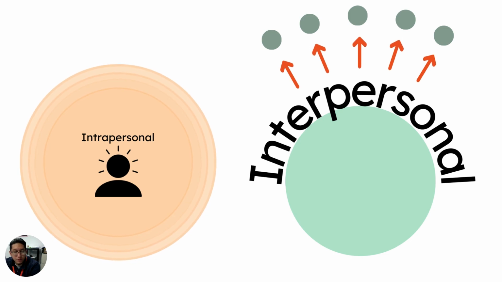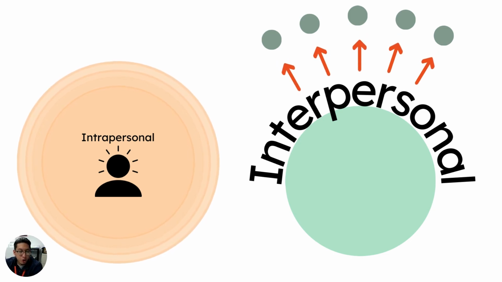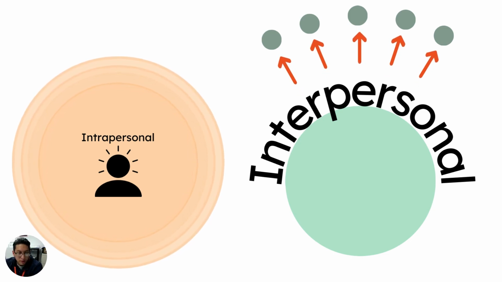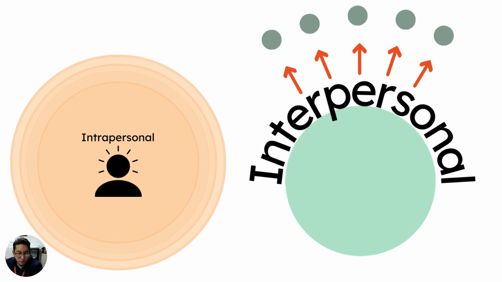Now everything's moving. You have intrapersonal and you have interpersonal, right? So this is intra and inter. Looking at this one, the person is in the center, and when the person is in the center, everything's focused on them. So maybe this is themselves, their thoughts, their feelings. Every circle is just focusing on them,